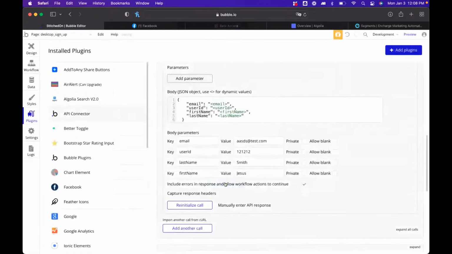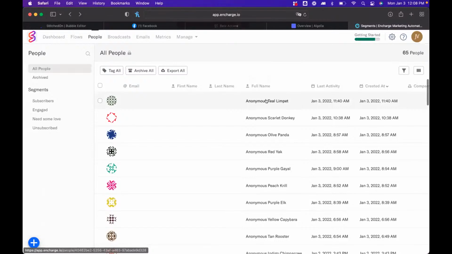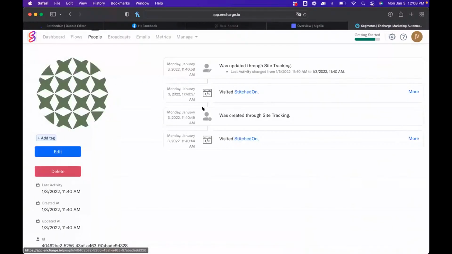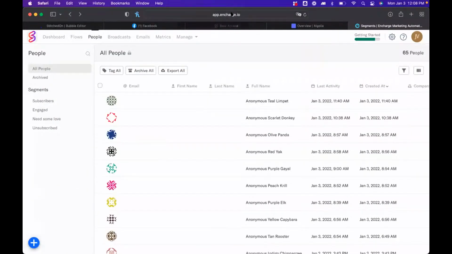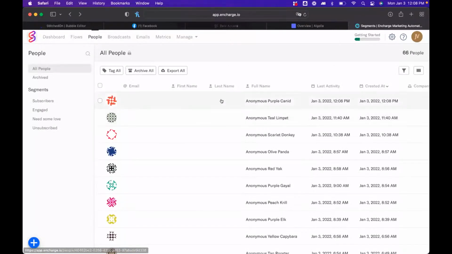Body status. All right, now let's go back into Encharge and see if it created the one with the AASDS. It didn't even trigger. No, it should have been this one, 1208. All right, so it's not taking the first name, last name. So go back and